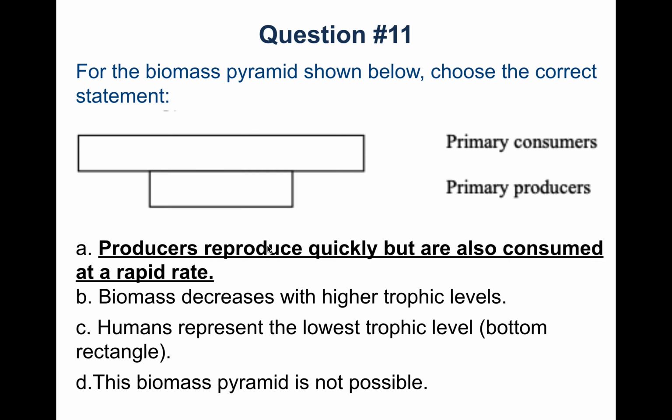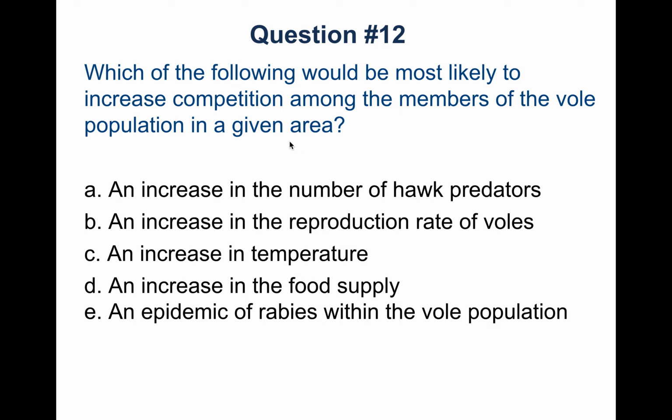Okay, which of the following would be most likely to increase competition among the members of the vole population in a given area? All right, so what will increase competition among the members of the vole population? An increase in number of hawk predators would just decrease the population. Those are predators, they are going to go after the voles. That's not really going to increase competition. If you decrease the size of the population, you decrease competition because that leaves more